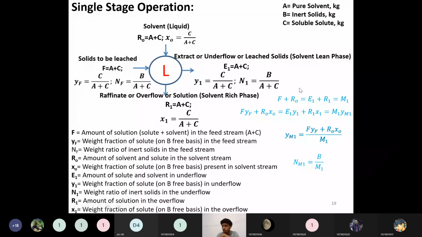So this one only I have given in the slides itself. If you see this one, F is equal to A plus C, and here also R naught we are taking A plus C, and X naught we are taking A plus C. Sorry, I have not written N naught here. So you can write this one on the slides itself. So NF and N1. Usually in the problems, this NF and N1 will be present to a large extent, but many times this solvent will be a pure solvent. For the pure solvent, there is no role for this X naught, and N naught also there is no role. And in the maximum cases, the solution stream will also be composed of A plus C only.